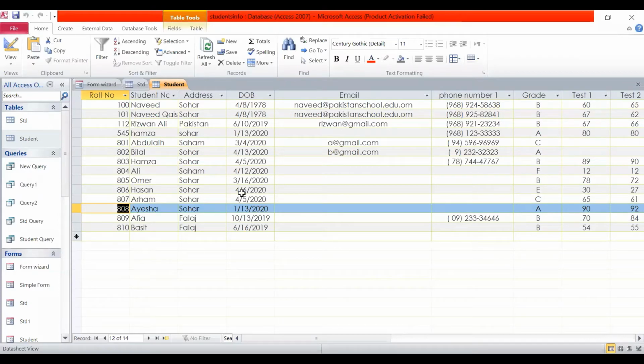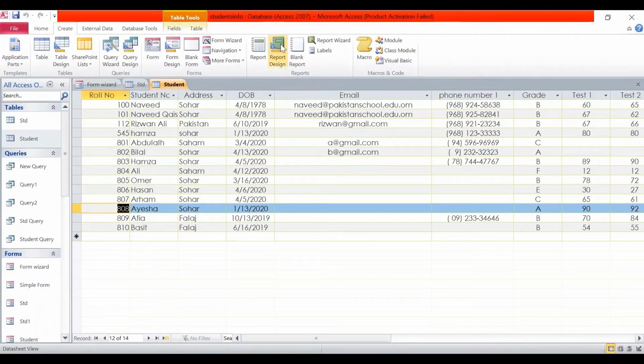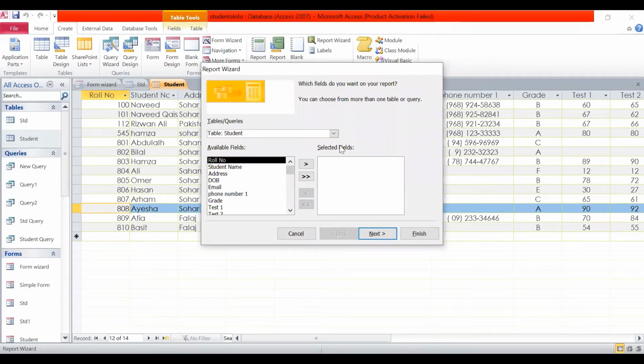Now we will start the second method, how you can make a report through the report wizard. It's again very similar to the form wizard. You just click on the Create tab, and then there will be an option in the ribbon, the Report Wizard. Here you can see the list of tables or the list of queries from which you want to create a report, so you can get it from here. Okay, so if I need the student table,